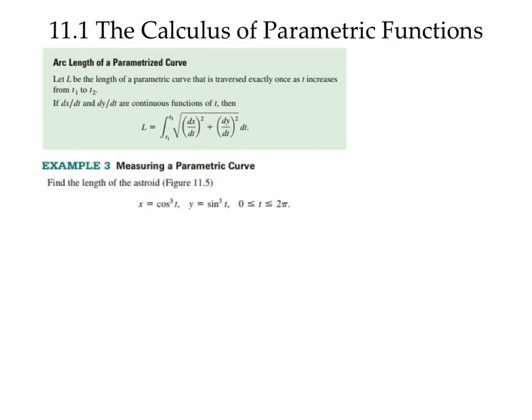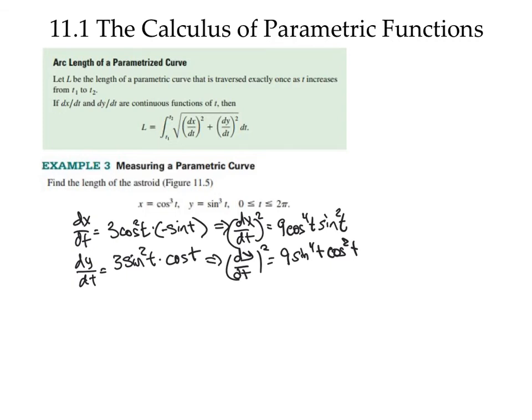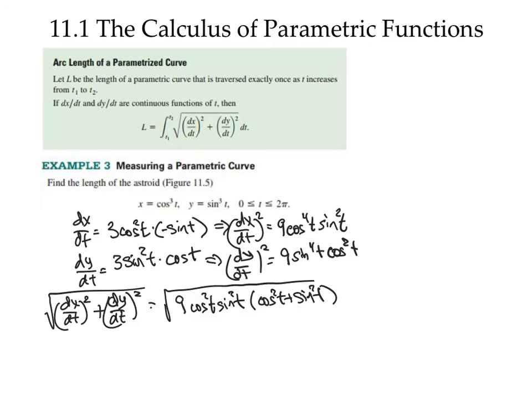Let's work an example. So first we're going to need to calculate dx/dt and dy/dt. So there I've gone ahead and used the chain rule and calculated dy/dt and dx/dt, and I've squared them both. Now when I add those two together, I can factor out a cosine squared t and a sine squared t as follows. And of course we know that cos squared t plus sine squared t is 1. And so my expression becomes... so the length of the curve would be